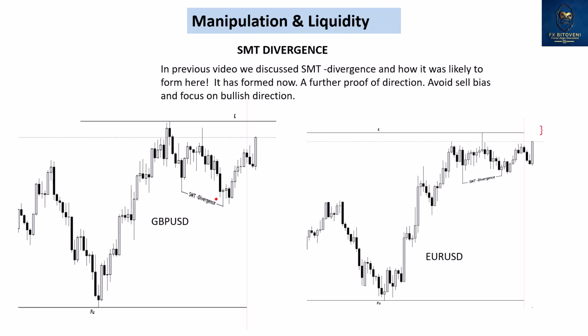You can see that GBP USD created a lower low here, while Euro USD failed to create a lower low, as you can see. So this is what we call SMT divergence, another signal that price is willing to go higher to grab this